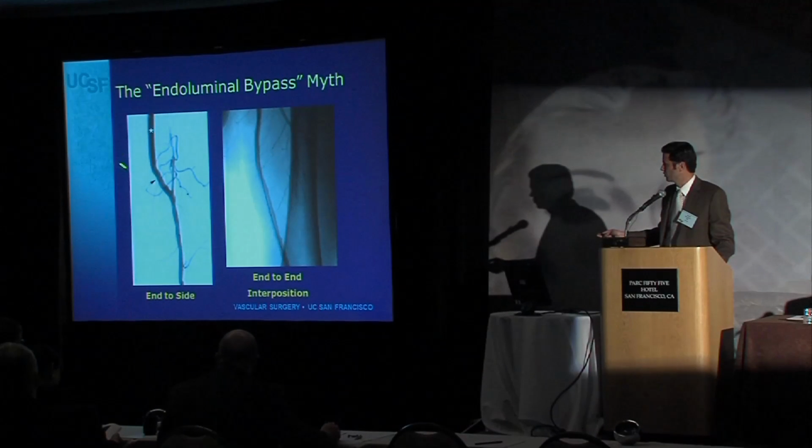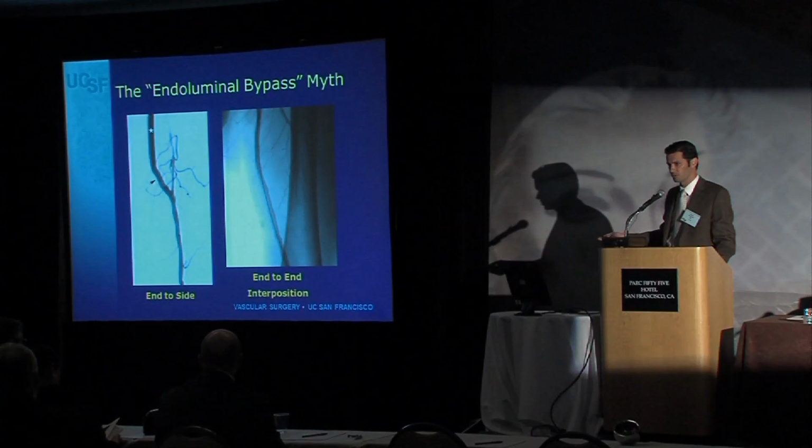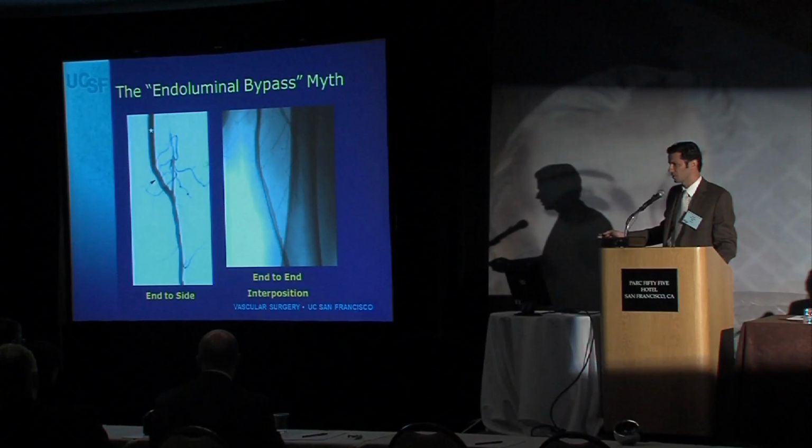When these bypasses go down, this is an end-to-side bypass. This is an end-to-end interposition graft. When this bypass occludes, this robustly arborized collateral network above the artery is not affected, right? The artery does not thrombose. The bypass graft thromboses. So when you're treating a patient with claudication who has abundant SFA to SFA and profunda